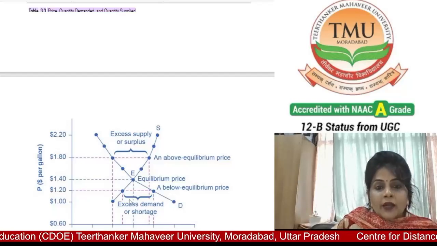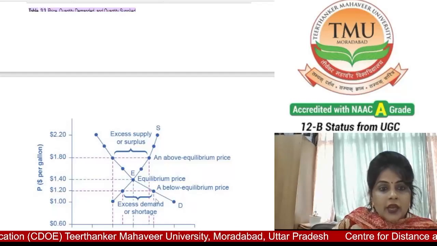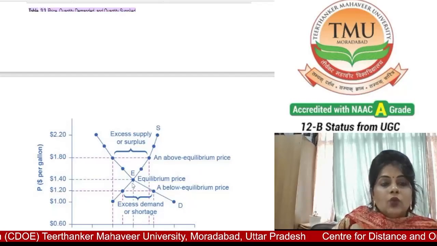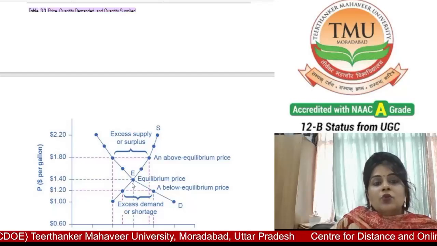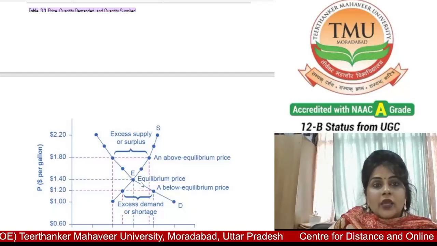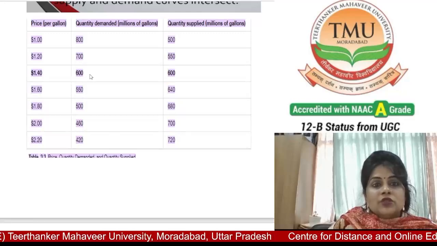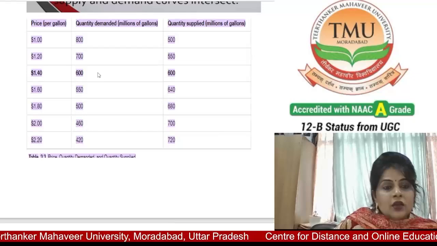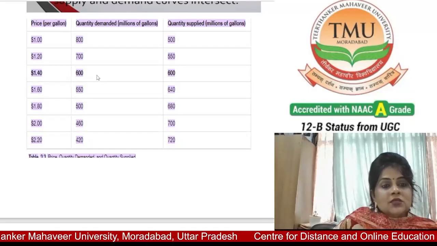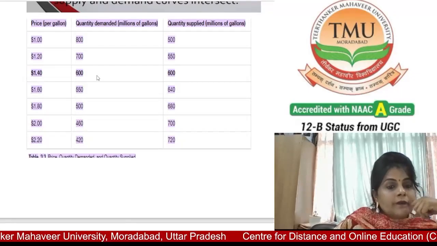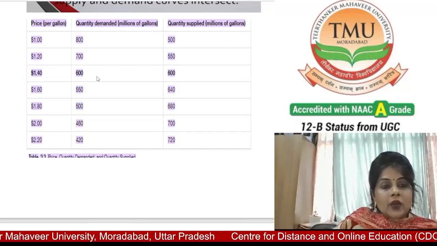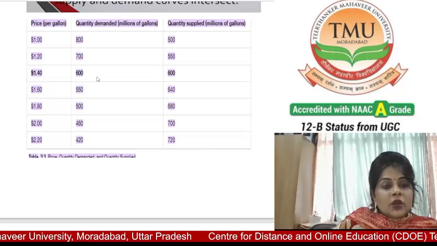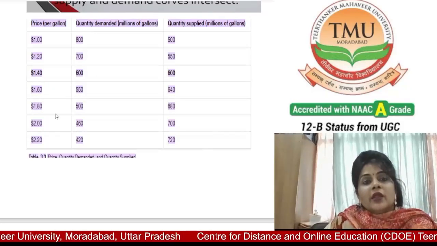So, the demand curve DD and the supply curve SS intersect at the point E with a price of $1.40 and a quantity of 600. This is the equilibrium price, the only price where quantity demanded is equal to quantity supplied. At a price above equilibrium, like 1.80,